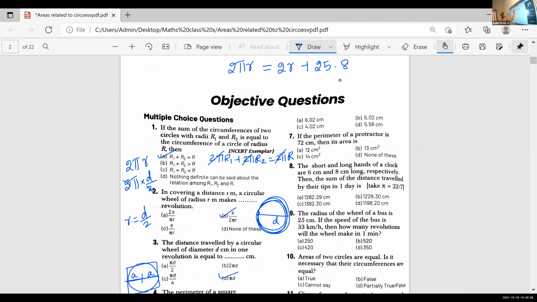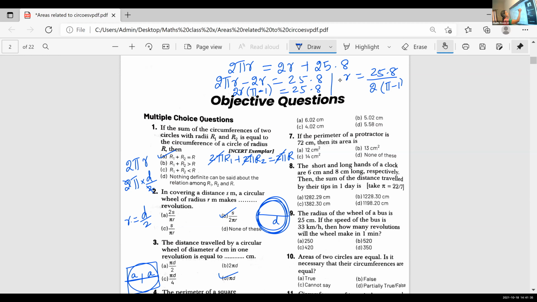You bring all the r terms to one side, isn't it? 2 pi r minus 2r is 25.8. We can take 2r as common. So it will be 2r into pi minus 1 is 25.8. So what is r? r is equal to 25.8 by 2 into pi minus 1. Substitute the value for pi. What's the value of pi? 22 by 7, isn't it? 2, if you cancel this,